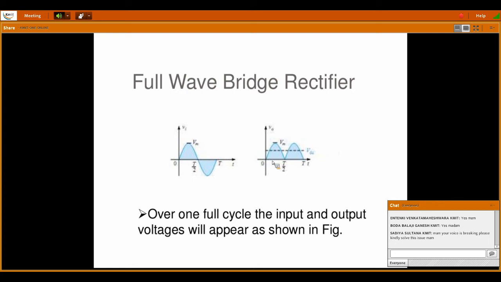And we also have many advantages of this full wave output waveform because a total 100% of the input waveform is rectified, but it is not pure DC. On this output waveform, you can see a dotted line where it is written as DC. Actually, your pure DC will be like this, a straight line. But here we are getting peaks. So these peaks also need to be removed, and they are removed by using filters. There are different filters that we have: capacitor filter, inductive filter, RL filter, etc. After the rectifier unit, then you will get the pure DC.